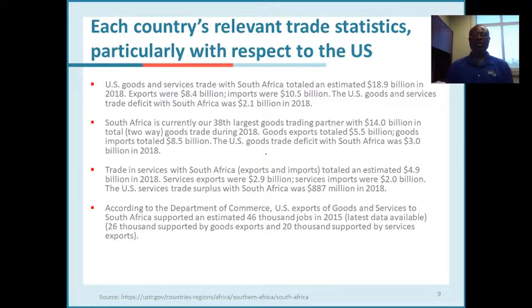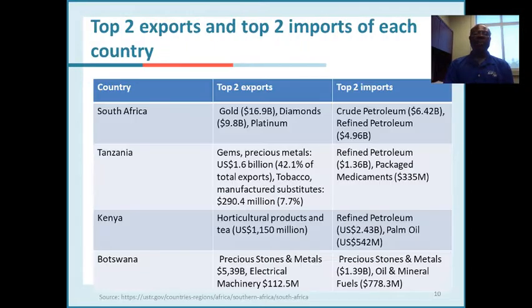Trade in services with South Africa, that's exports and imports, totaled an estimated 4.9 billion in 2018. Services exports were 2.9 billion. Services imports were 2.0 billion. So the US has a trade surplus with South Africa in terms of services. Our trade deficit with South Africa would have been much larger if it wasn't for the services where we have a surplus. So looking at each of those countries, their major exports are for South Africa, gold and